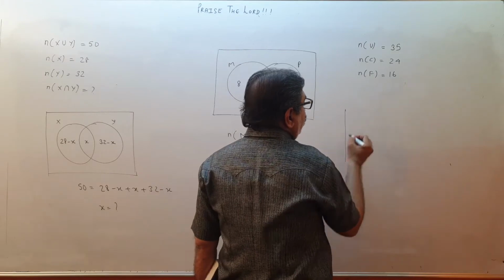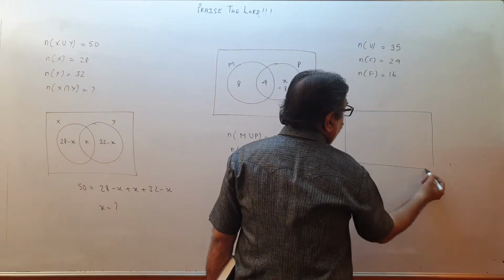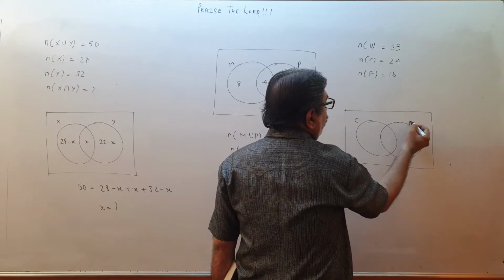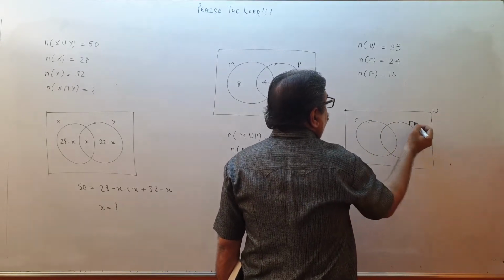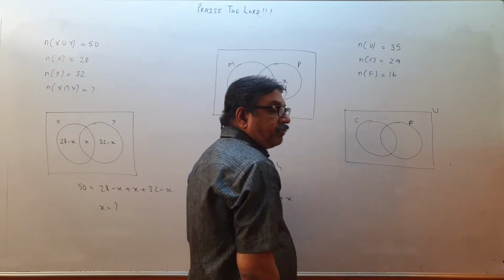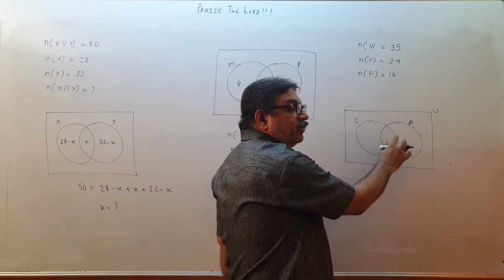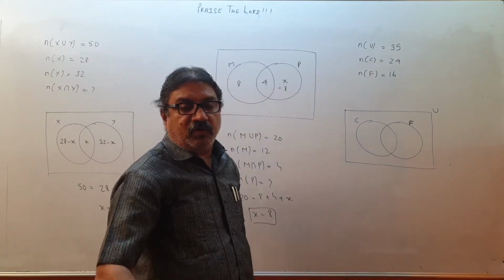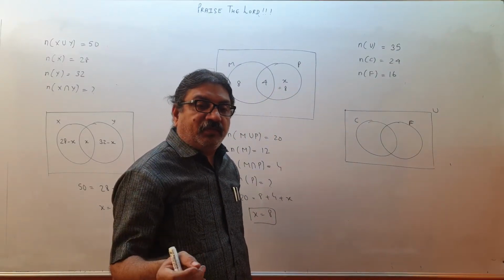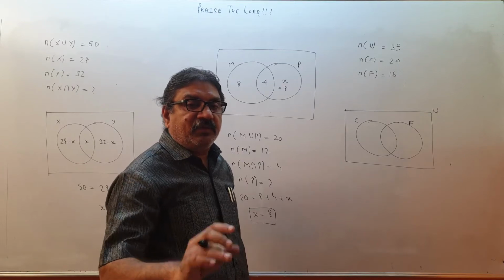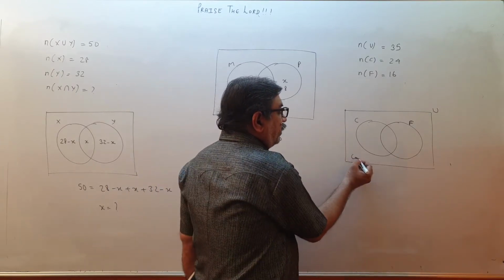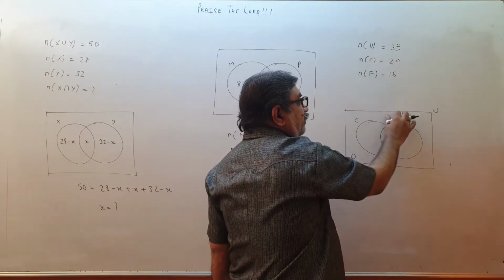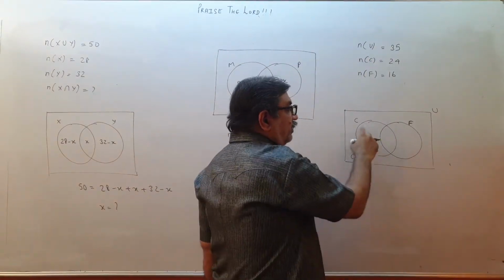So, if I draw the Venn diagram like this, what I mean to say is, this is the set of cricketers and this is the set of footballers. This is the universal set. No student will be outside this region. Everybody is inside, either playing cricket or football. Any student here would mean he is playing neither cricket nor football. But it is said every student is playing either football or cricket, at least one game. So here there are 0 elements outside. Understand? So when U is 35, inside plus outside will be 35. Here 0, so now inside is 35.